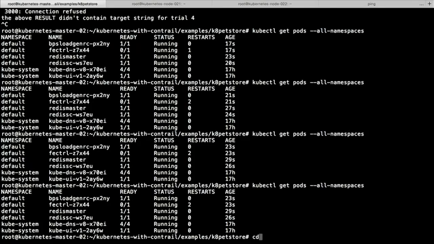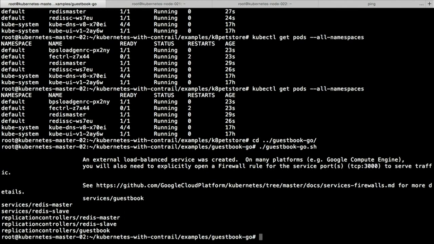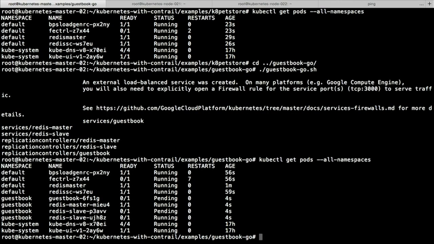There is one more demo I was going to run, and I'll just run through it, just assume that it works, which it does. I will actually pop over to running Guestbook Go. And Guestbook Go, let me just run this guy, is very similar. But what I wanted to illustrate, and the way that this is running up, is that we have multi-namespace support which is integrated with network namespaces in OpenContrail.